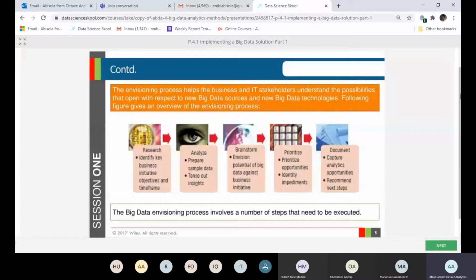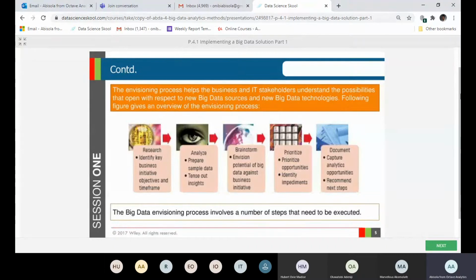They are the ones that can tell you this is where the data is located. This is how you can get the data. This is the way you can explore the data. This is the way you can extract the information you need. That is what the IT stakeholders are very useful for as regards implementing a big data solution. While for the business,